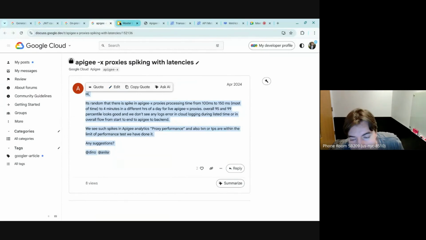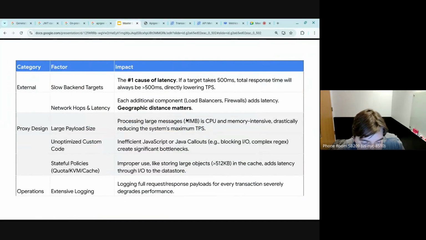So with that, I created a little dashboard of best practices and things that I typically look for before I get into specific proxy design best practices. So the first is the obvious ones. If you have a slow target or it's taking a lot of networking hops to hit a target, obviously there's going to be latency associated with that. Let's say your Apigee proxy takes 500 milliseconds, and guess what?